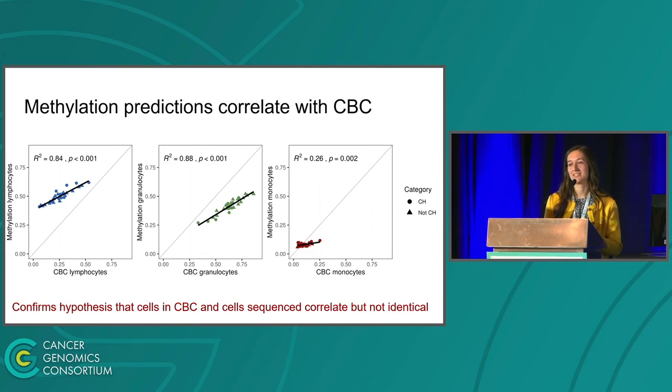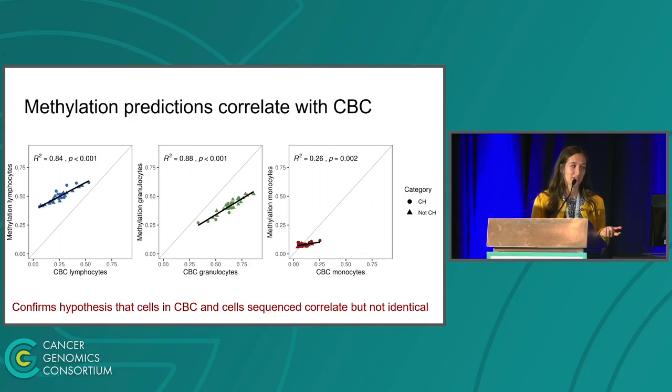So my first question with this data set was, how well do my methylation predicted cell fractions correlate with what we see in a CBC? Here are the plots I'm showing you for those 3 cell type groups. On the x-axis, you can see the CBC proportions, and on the y-axis, the methylation predicted proportions. The gray line going down the center would be if they were exactly the same. And I think what you can appreciate from these R-squared values is that there's really high correlation between the CBCs and the monocytes, but depending on the cell type, you see a shift